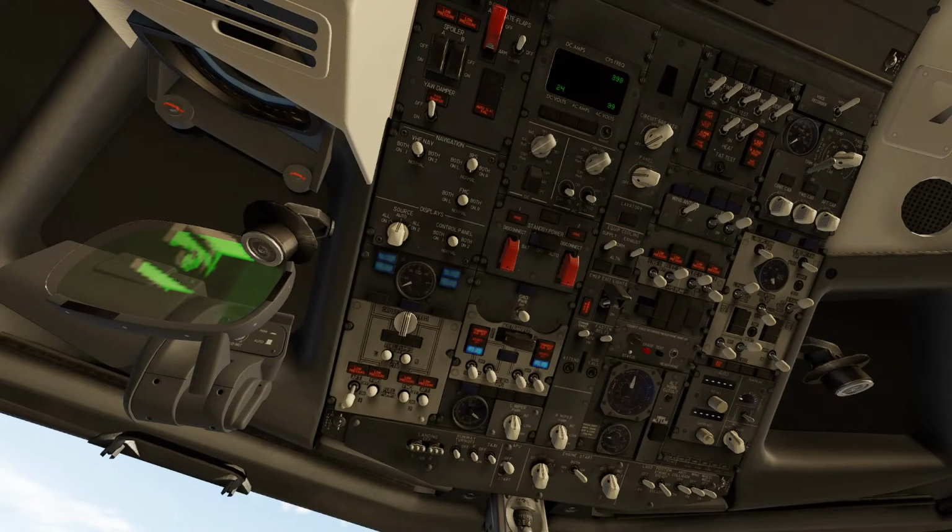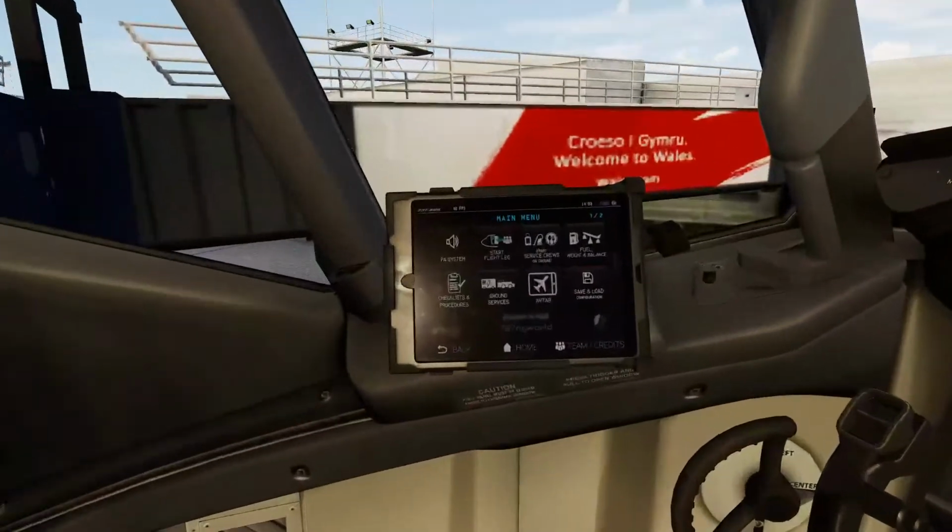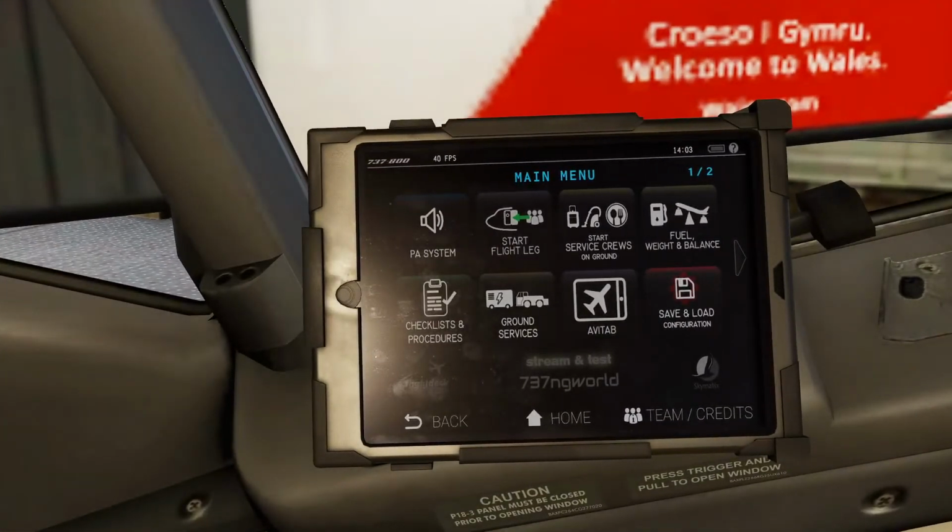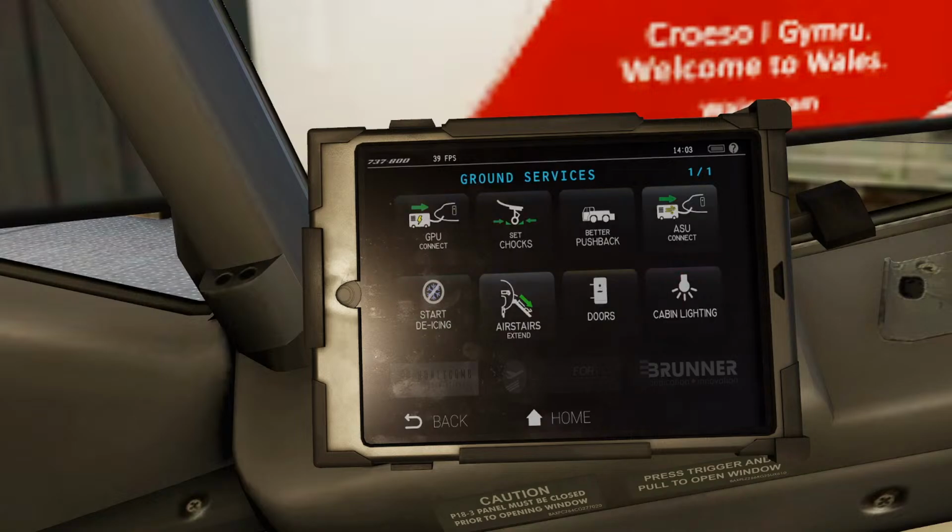Just turn a couple of things on, just to make it emergency lights. Coming over to the EFB ground services, I'll connect the GPU just so we,